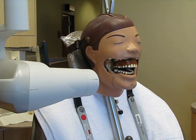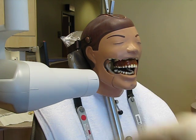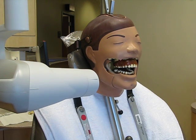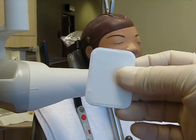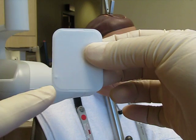Okay, for today's demo, I'm going to demo the paralleling technique, okay? And for demo purposes, I'm not going to put a barrier on the tube head, okay? Remember when you're taking the x-ray, you're always going to shoot it white is right, dot goes